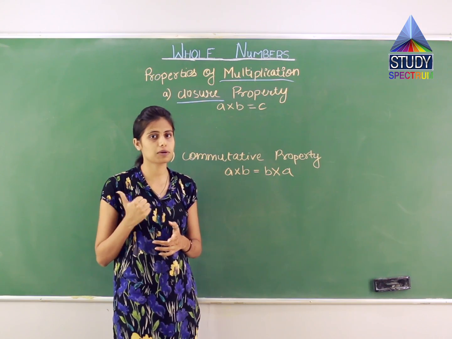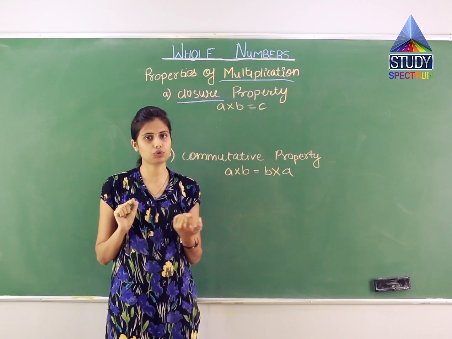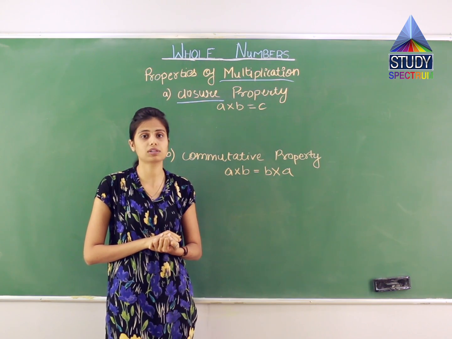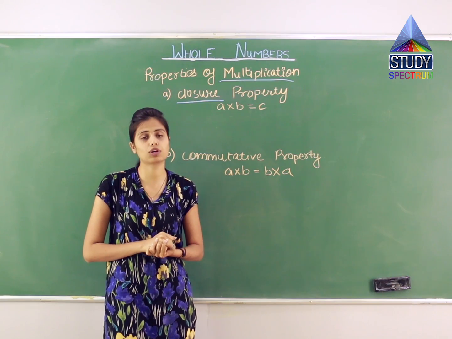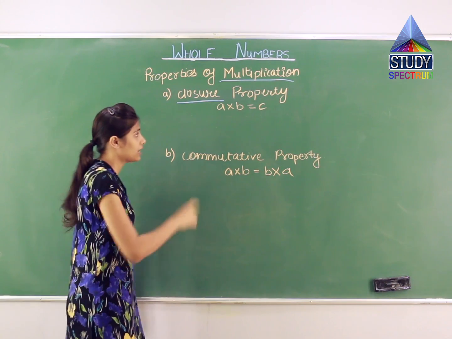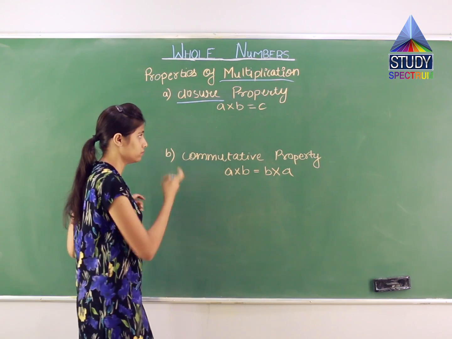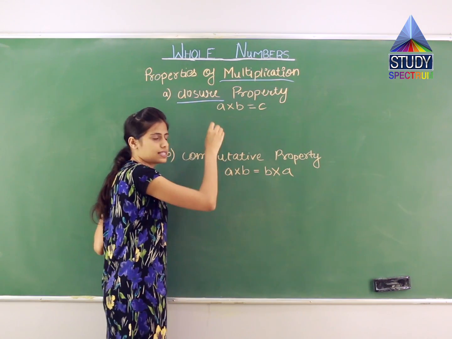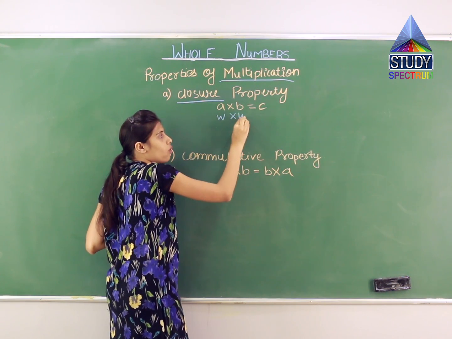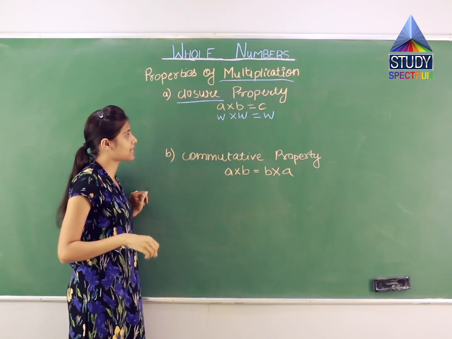And in natural numbers, no, it was not. If a was equal to b, then it was not satisfying the condition that natural number subtracted by a natural number is equal to a natural number, because 0 is not a natural number. Now let us understand in multiplication what is this closure property. In this property, they say that if a whole number is multiplied to a whole number, the answer will be a whole number. Let us take an example.